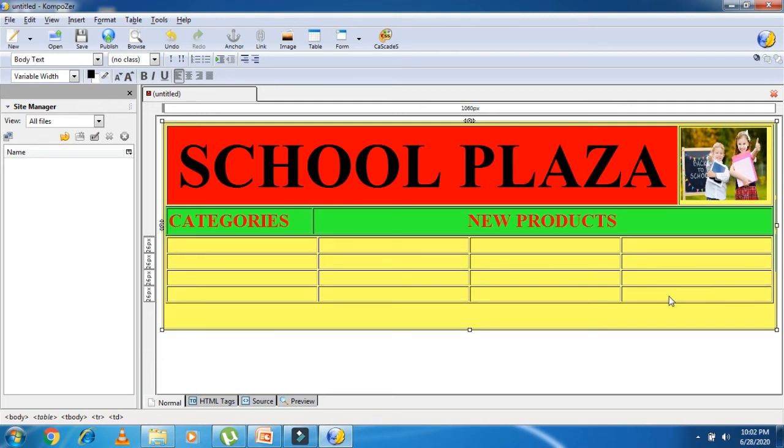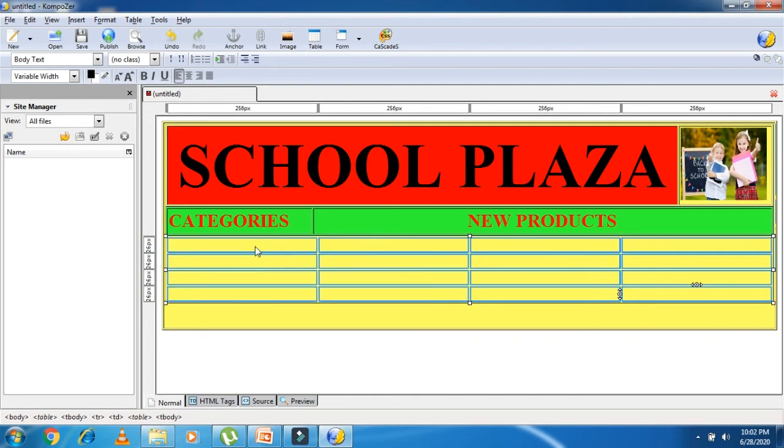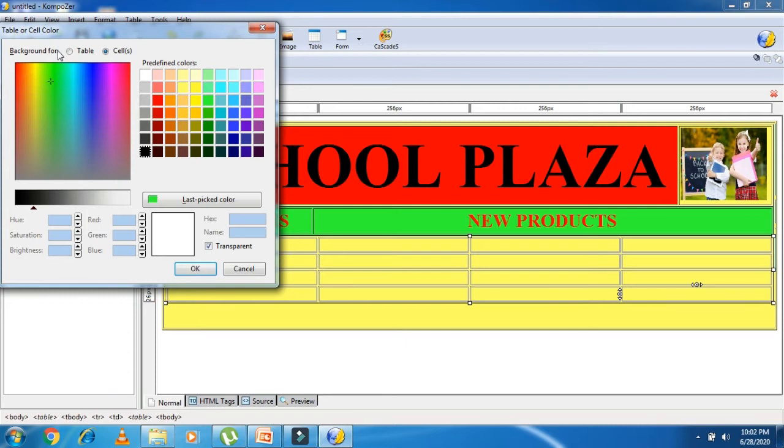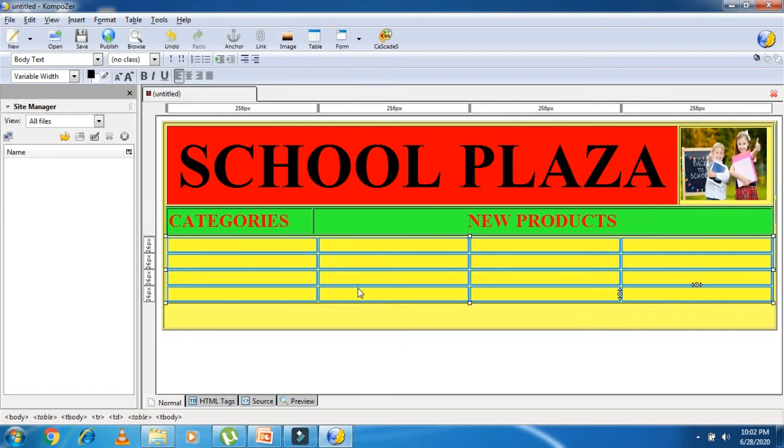And again, if I want to change the background color, then select this cell, right click, table or cell background color, select table, and the color I take a little bit dark yellow.